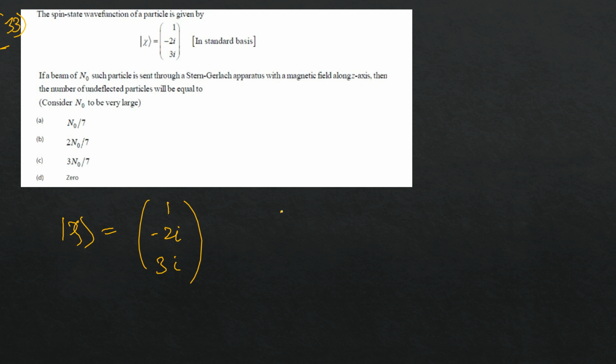If a beam of N naught such particles is sent through a Stern-Gerlach apparatus with a magnetic field along the z axis, then the number of undeflected particles will be equal to